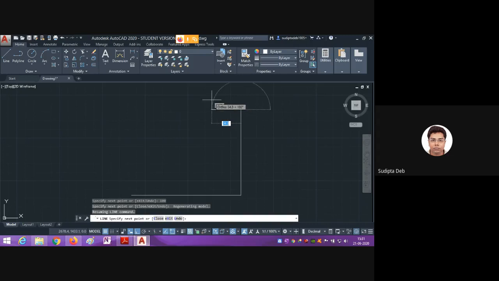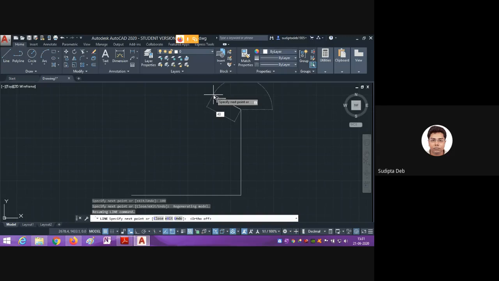Now one thing, if I turn off the ortho mode, ortho is normally used for drawing vertical and horizontal lines. Now just move like this way, move like this. Now which direction, I am not sure. So what I can do, distance less than angle. Now distance is 40.